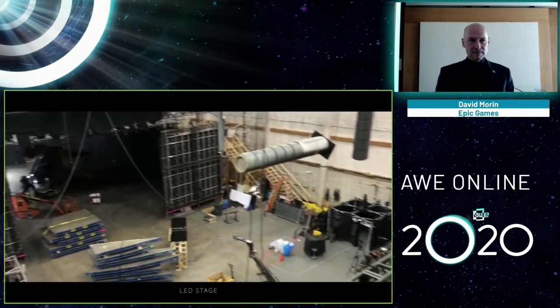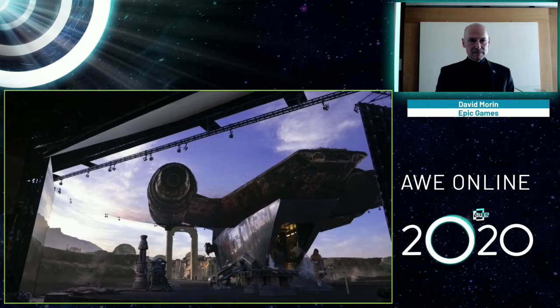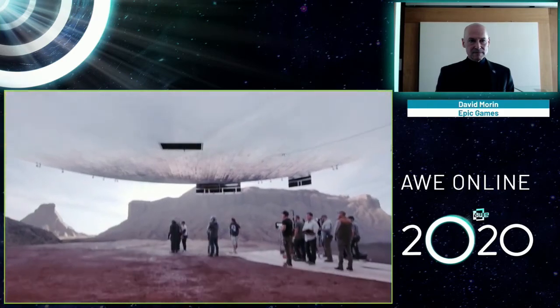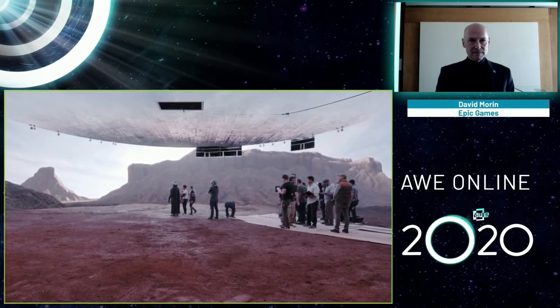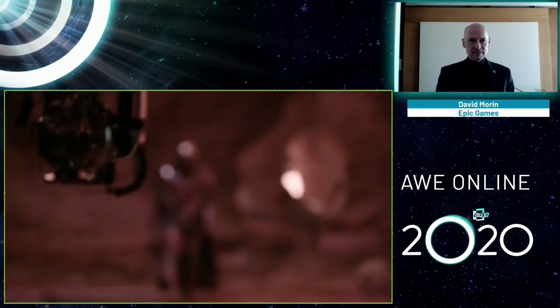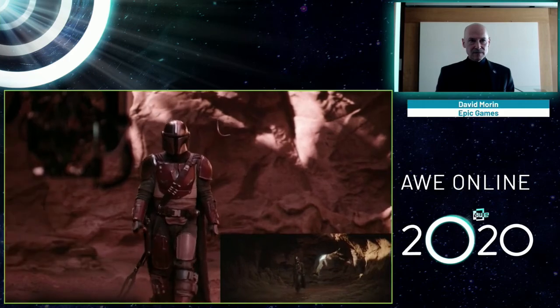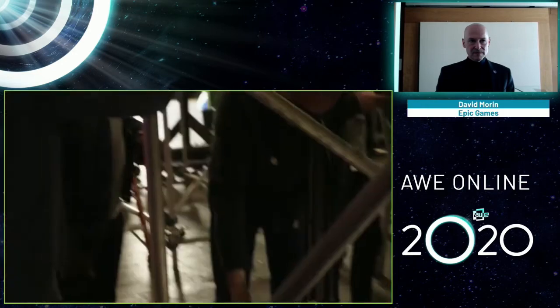The volume is 21 feet tall, it's 75 feet in diameter, run by 7 machines, pumping the visuals onto the screen that's been created in pre-production and can be on the screen within 24 hours of being finaled. It's incredibly impressive when you first walk out there because it completely surrounds your peripheral vision. And you really quickly forget that you're indoors and you're not out on some planet's surface. It feels like a real three-dimensional environment surrounding you because it is a three-dimensional environment.